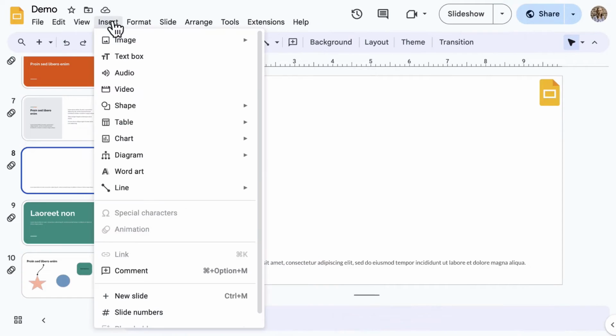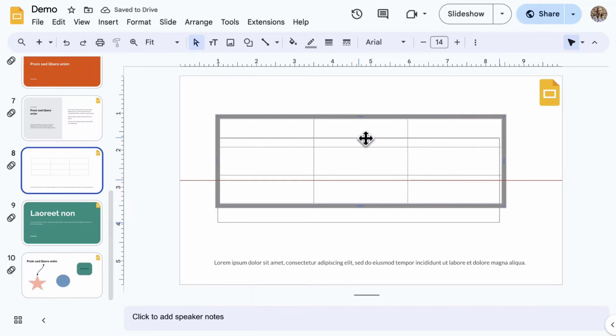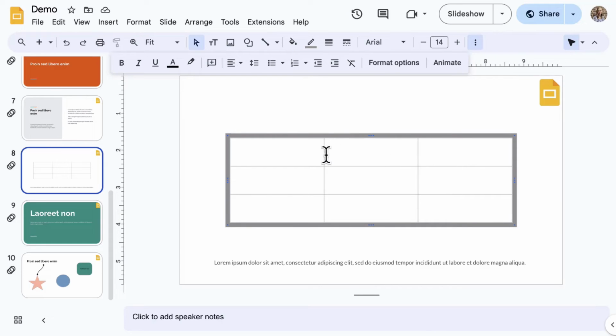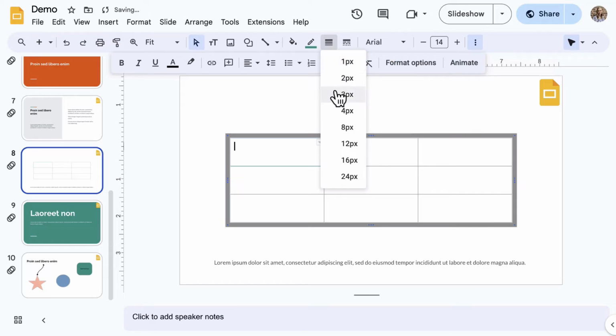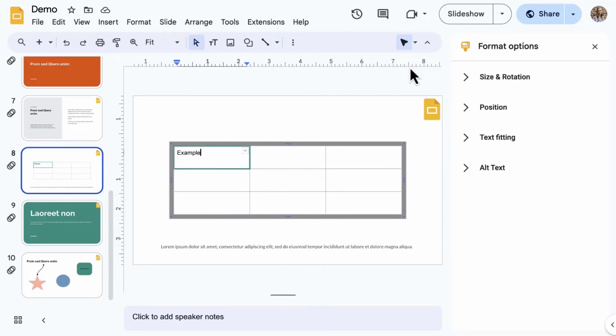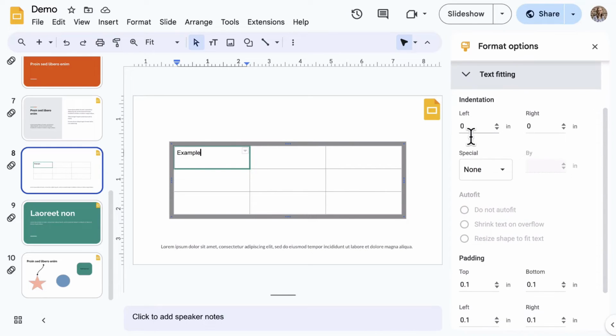Back to the Insert menu, select Table. Select the table size. Resize and position the table as needed on the slide. When the table is selected, or when clicking inside the table, notice the formatting options that are available on the toolbar. If you don't see the Format Options side panel, select Format Options from the toolbar. Text fitting is a unique setting only for tables. One pro tip here,